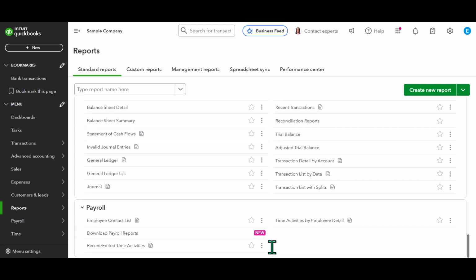Remember that having these reports readily accessible can provide insights and help ensure the financial health of your business. I hope this walkthrough has made it clear how to generate